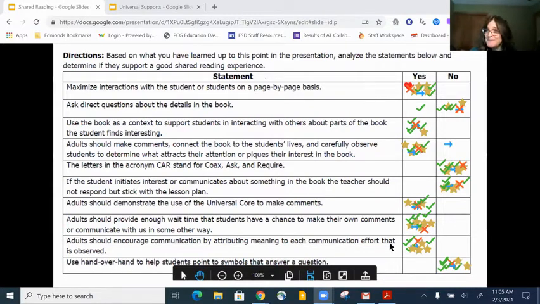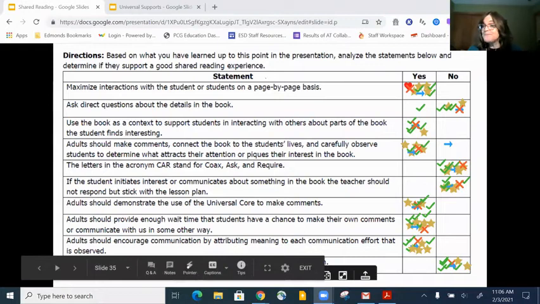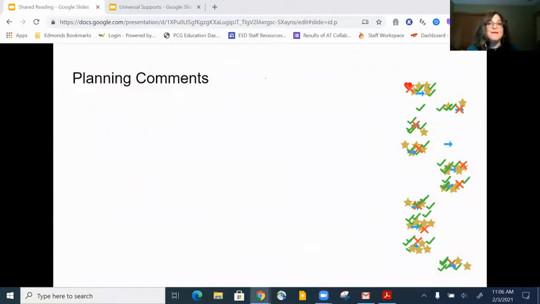Does that make sense? I know for me, this was a real change of practice because I would do hand over hand for writing. And when I learned, looking at the neurodevelopment, that it is not helping them learn that skill any faster, because they can just turn off and let you point. And then they become these kids who want you to point and they'll guide your hand there. So we really want to avoid hand over hand in all activities as much as possible. All right. Good job, everybody.